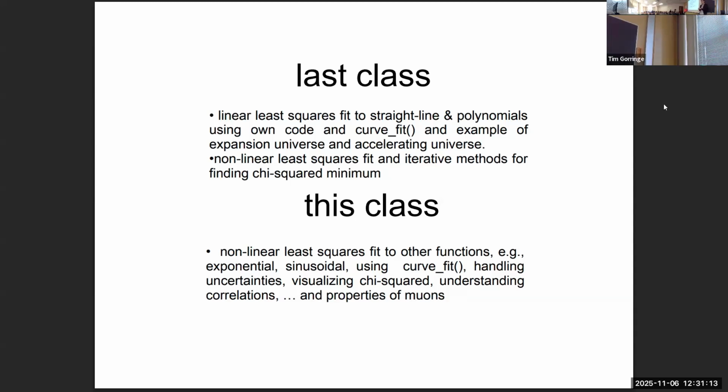Two classes ago, we started working on least squares fitting. We started with least squares fit to a straight line. We derived the best least squares fit to a straight line, and we looked at some illustrations, some examples. Last class, we extended that to least squares fit to polynomials. We saw how to extend the matrix method to least squares fit to polynomials, and we looked at some illustrations